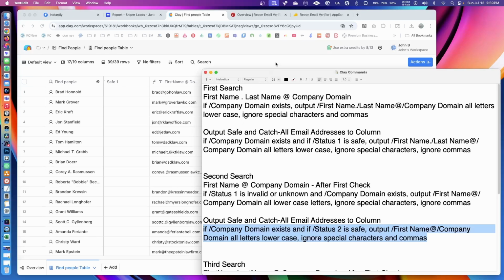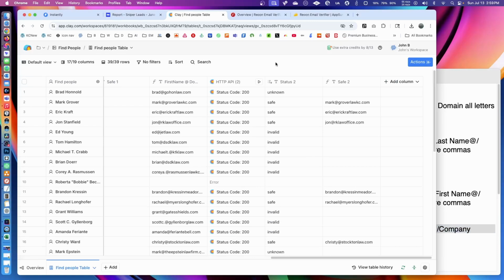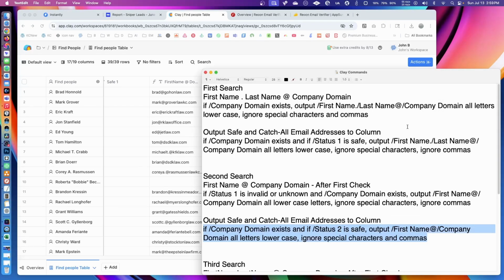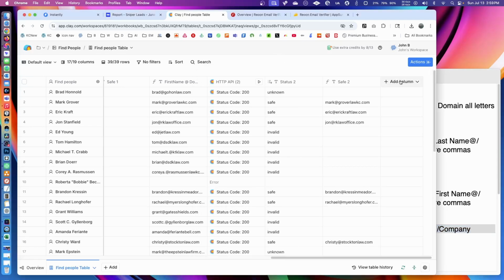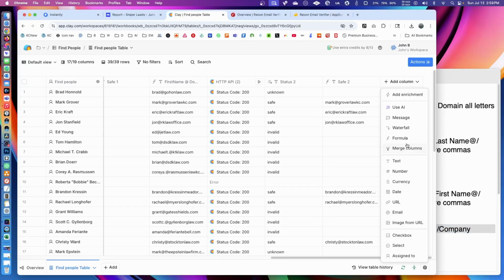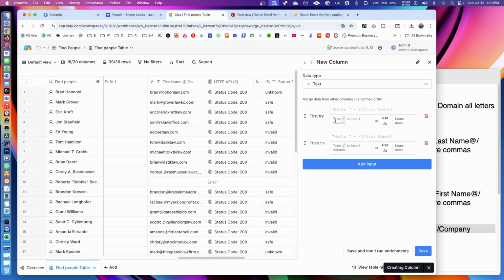So normally I just do the first and the second scan, which is, here, let me bring that back up. So it's firstname.lastname at the companydomain.com. And then the second search is just firstname at companydomain.com. So now that I have that, I'm going to go ahead and merge the 2 safe lists. So right here, we're going to do,